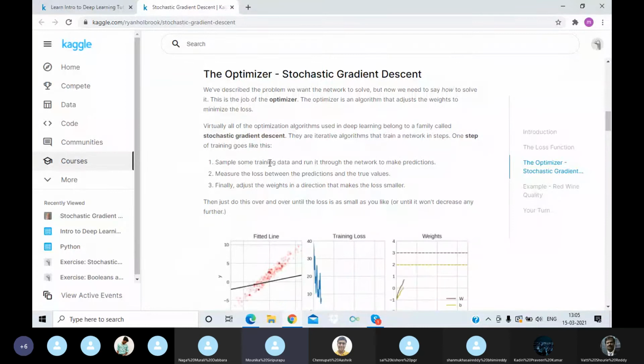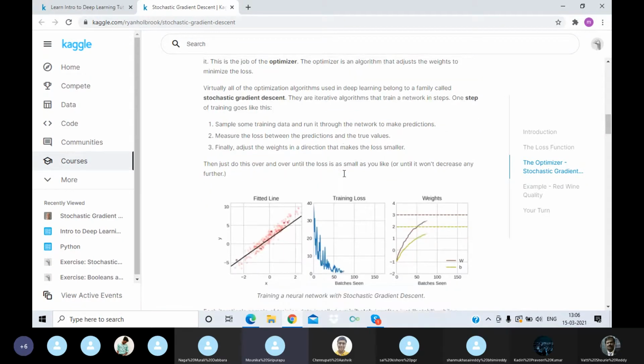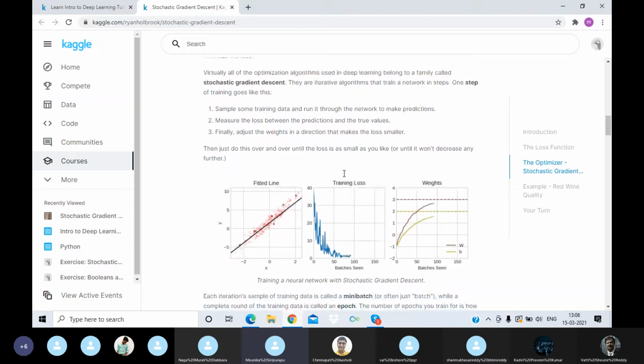Here we will be using an optimization algorithm called Adam. It can be used instead of the classical stochastic gradient descent procedure to update the network's weights. Virtually all the optimization algorithms used in deep learning belong to a family called stochastic gradient descent.